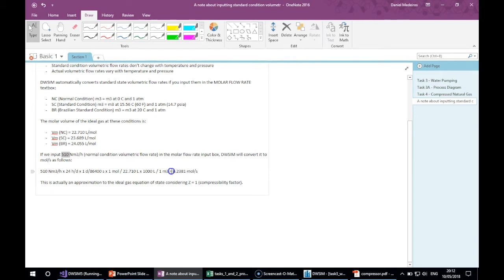Okay, so this is what DWSIM does internally, and this is actually an approximation to the ideal gas equation of state if we consider the compressibility factor of the gas equal to 1, which is almost true because at this atmospheric pressure and low temperatures, almost all gases behave as an ideal gas. Okay,